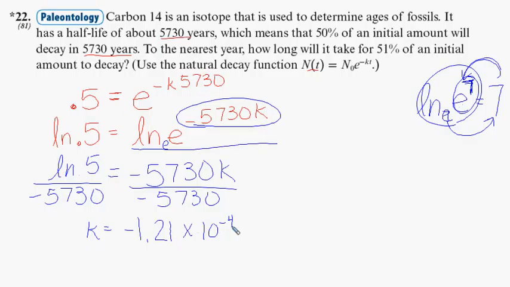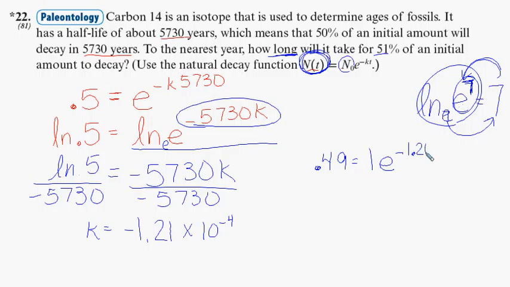We know the constant now. We have to use this to find out how long it will take for 51% of an initial amount to decay. So that means when you're done, the amount that you have left after time t is going to be 0.49, because it's 100% minus 51%. You get it? Okay, so 0.49. Again, the initial amount is considered just 1 because we're talking about the whole portion, and now we have only 49% left. So we have e to the negative, and then k is negative